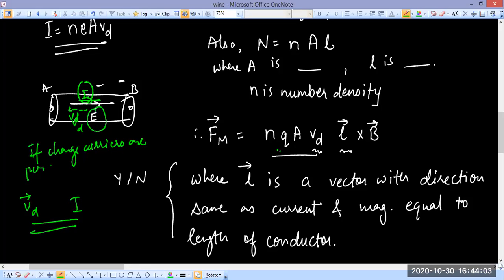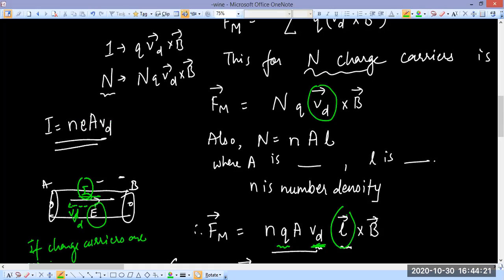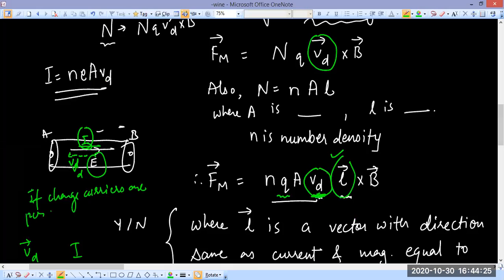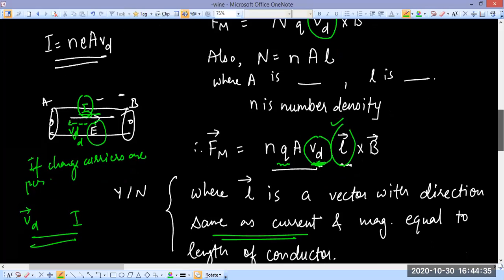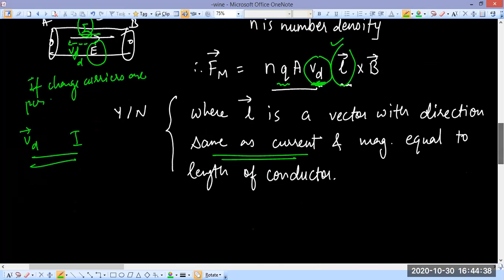So if you don't put the sign of charge, that is, you assume it as positive, then Vd and current are in the same direction. So I'm assuming this as a vector which has the same direction as current. Basically, only the direction was different: I attached it to this one and removed it from the other one. I hope you see that. Nothing else has changed. We just moved the direction from this one onto that one, right? That's all we are doing. We are just playing with the direction. That's it. So finally